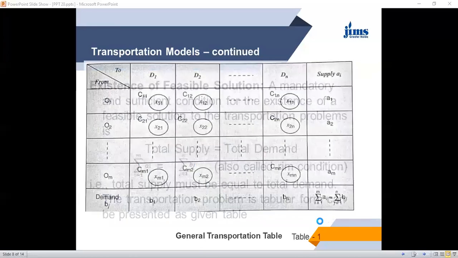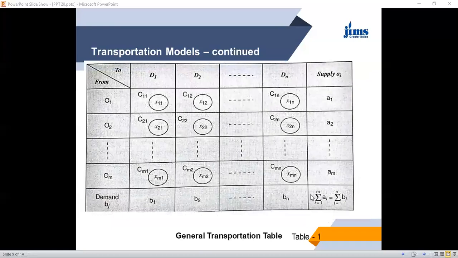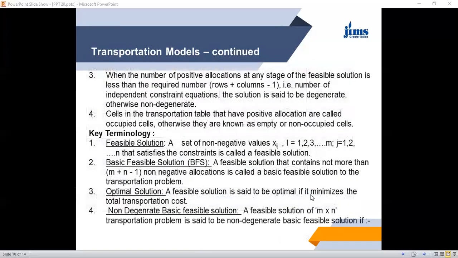One thing you must remember here is that when the number of positive allocations at any stage of the feasible solution is less than the required number, that is rows plus columns minus 1. There are m rows, n columns, so m plus n minus 1. If the number of allocations is less than m plus n minus 1, the problem is said to be degenerate. Means the number of independent constraint equations